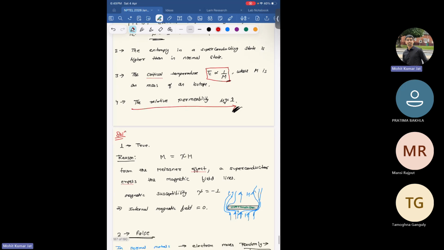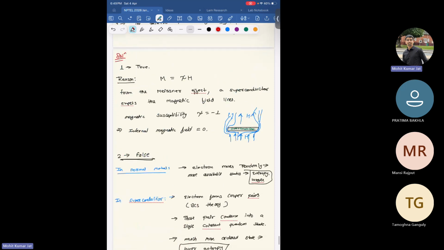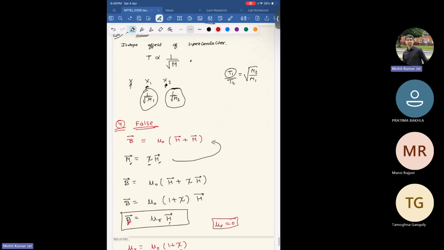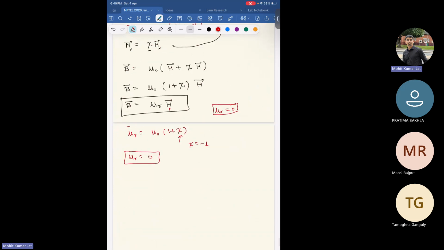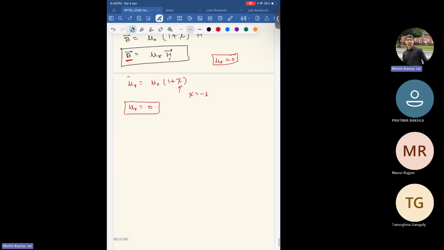And as we know, the relative permeability for the superconductor is also zero. The reason being it expels out all the magnetic field. It expels out all the magnetic field, and that's the sole reason your relative permeability mu_r is zero, because the magnetic field B inside a superconductor below critical temperature is zero. If this is clear, then I will move on to the